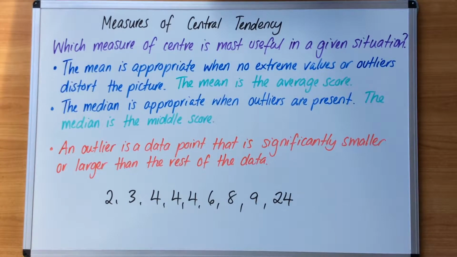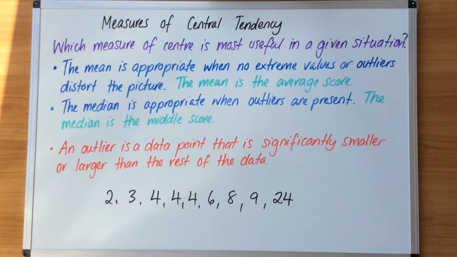In this video, we are going to focus on measures of central tendency. More importantly, which measure of centre is most useful in a given situation? We have two that we use, the mean and the median. The mean is appropriate when no extreme values or outliers distort the picture, and the mean, as a refresher, is